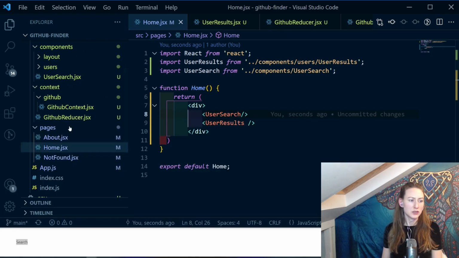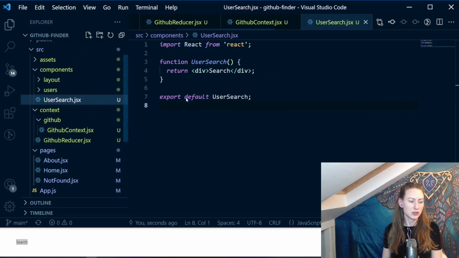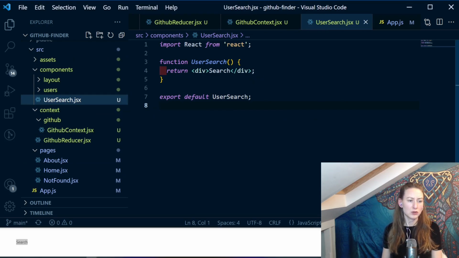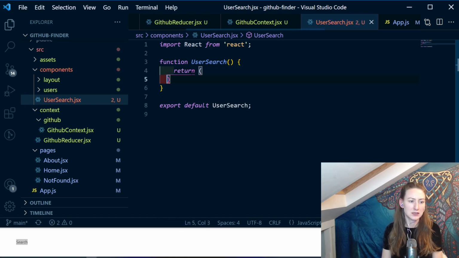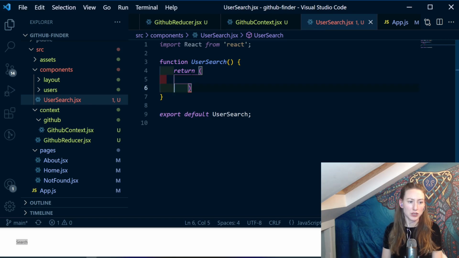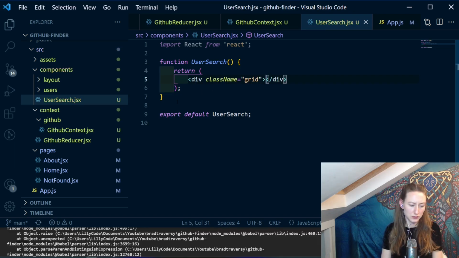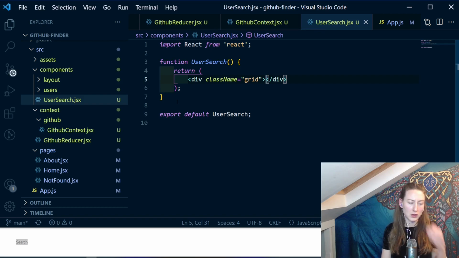So first of all, we'll go back to our user search. So we're just going to start working on this component here. So I'll add my parentheses. I want to add a multi-line return here. So cool. And then we'll start filling this out. So we'll start with a div with the class name of grid. And we're going to add in a few more. So grid